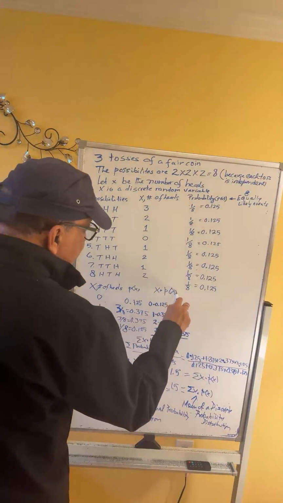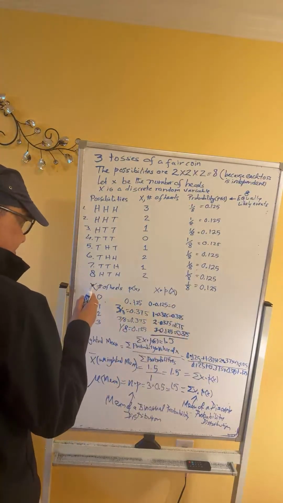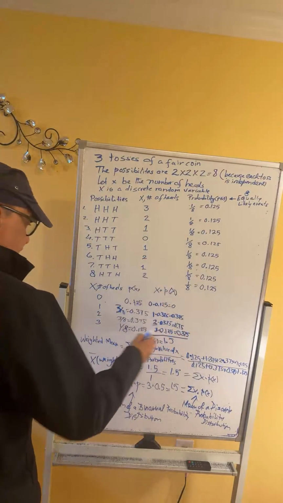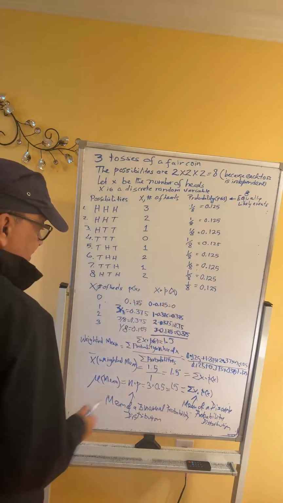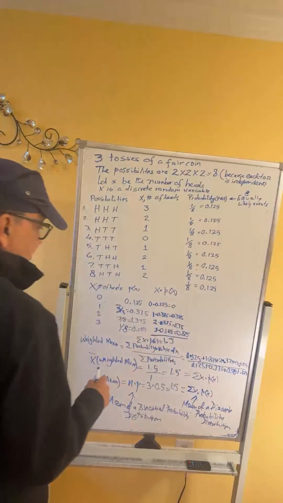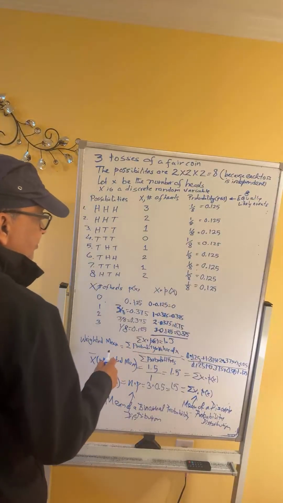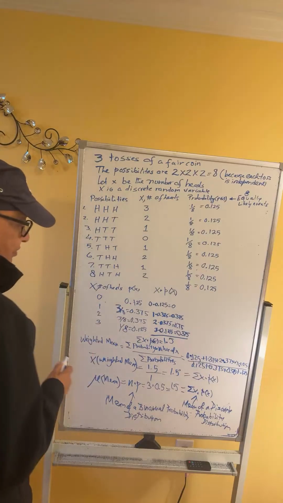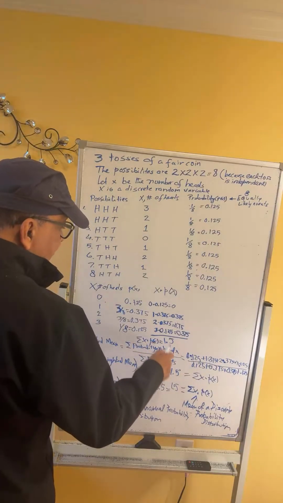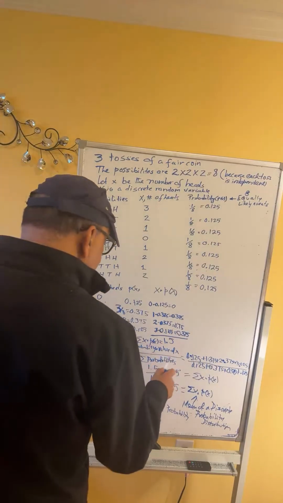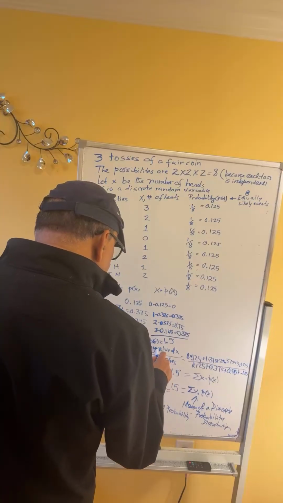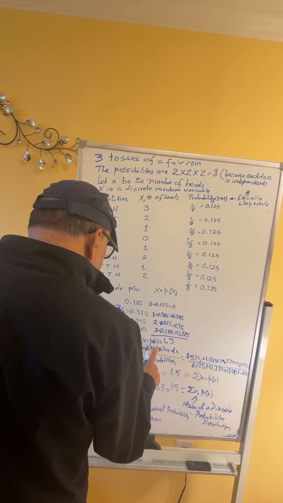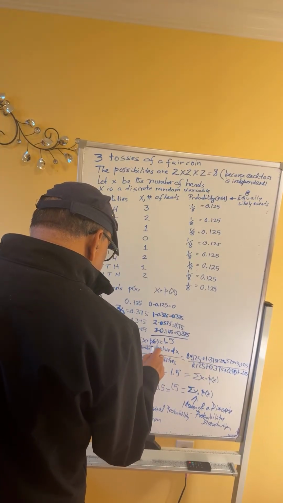Then we multiply x times p(x). x is the number of heads multiplied by its corresponding probability. We find the sum of this column, x times p(x), and we show this is the weighted mean. The weighted mean of this binomial experiment, a probability experiment, is the sum of the probability times the value of x. Let me clarify this, write it properly.